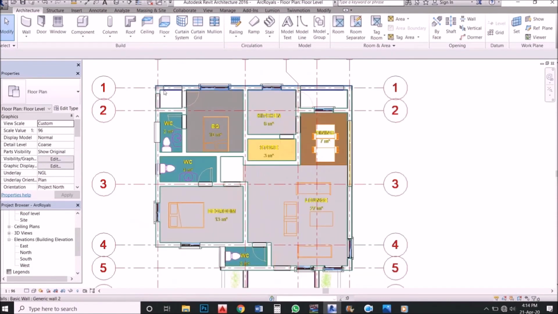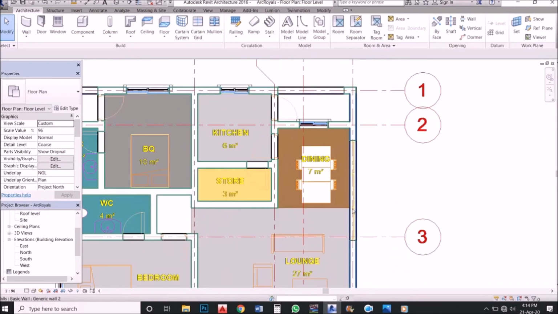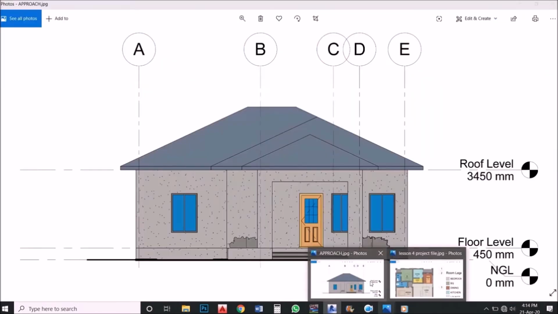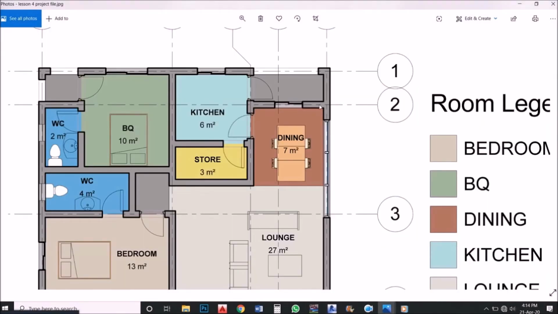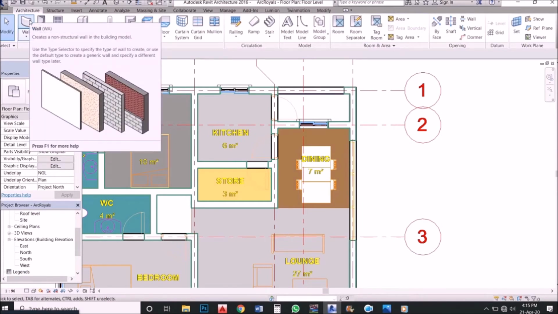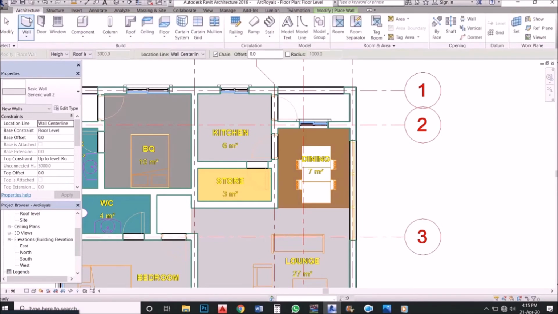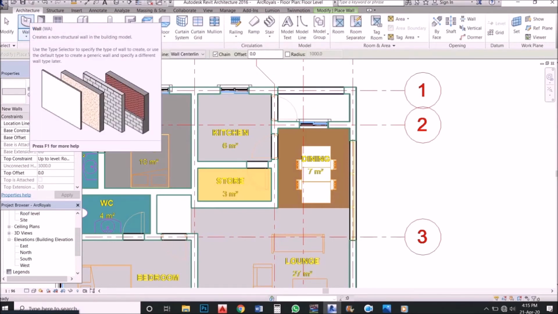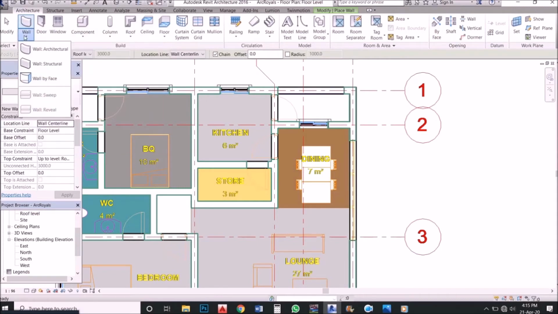Now the next thing we're supposed to do is add the curtain wall. We want to add this curtain wall to this place. So for us to do that, you go to architecture. Now this time around, instead of clicking this wall, you click on this arrow. Not the first one like we did in the previous tutorial. Click on this arrow, select,